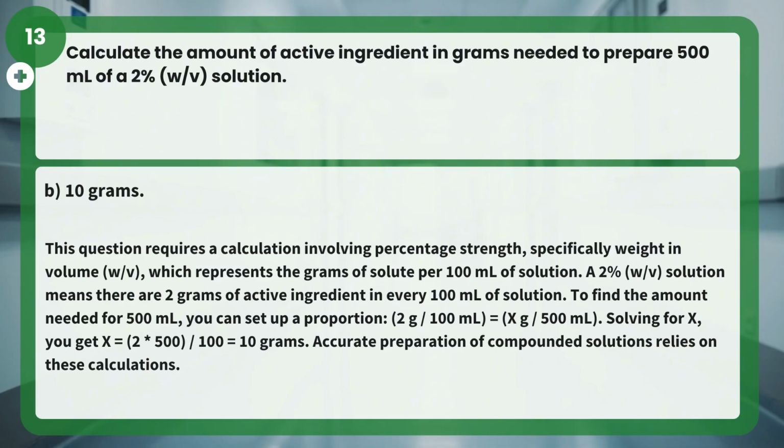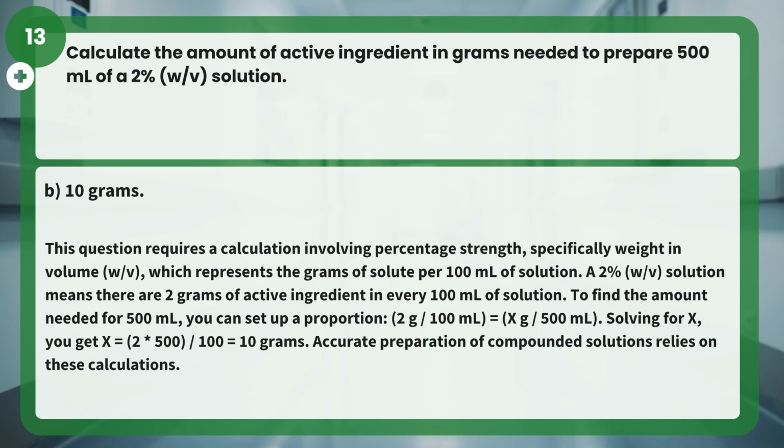Answer B. 10 grams. This question requires a calculation involving percentage strength, specifically weight in volume, w/v, which represents the grams of solute per 100 milliliters of solution. A 2% w/v